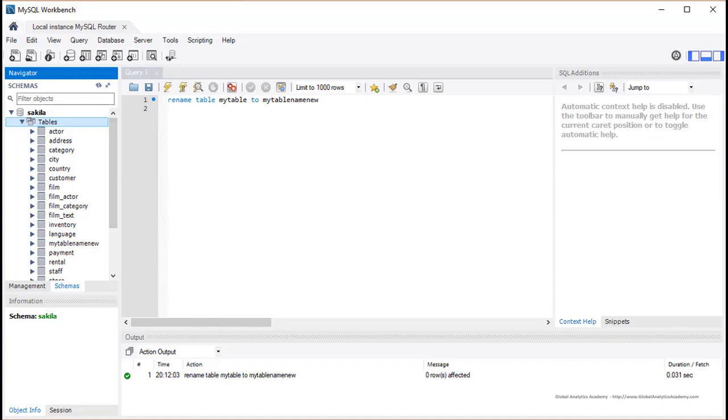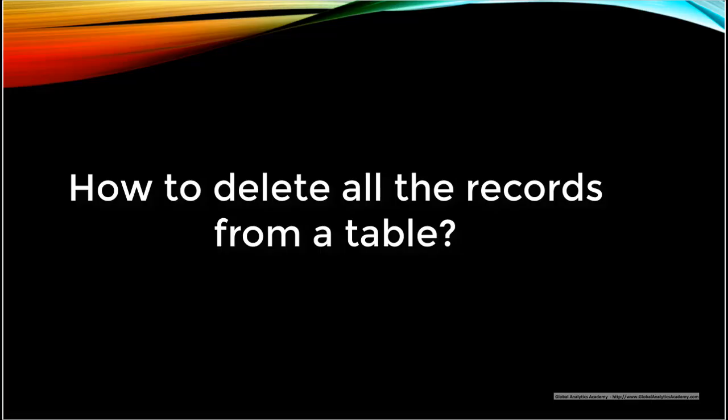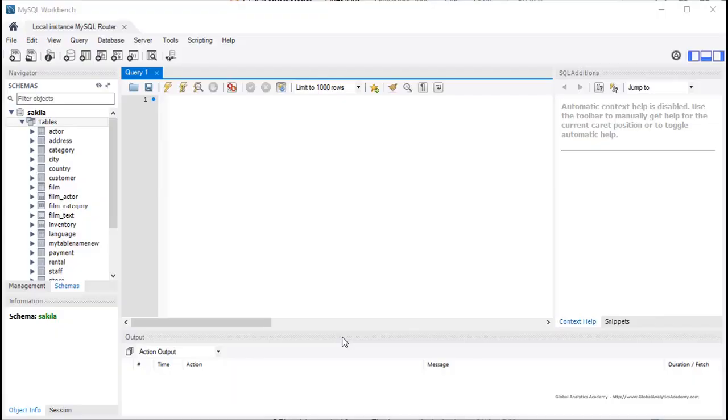So it's that simple. Now many times you might have to delete all the records from a table because you want to start fresh. In order to do that, there are 2 commands. One is the delete command that we saw in an earlier lecture. Previously we learned that to delete a record from a table, you use delete from the table name and your where clause. In order for you to delete all the records from the table, you will remove your where clause. So all you are left with is delete from